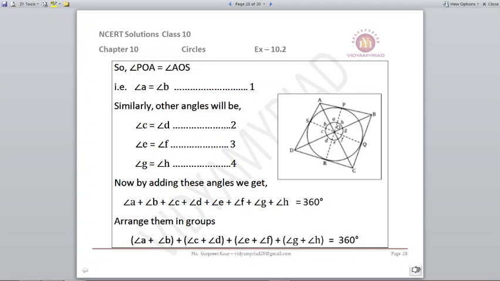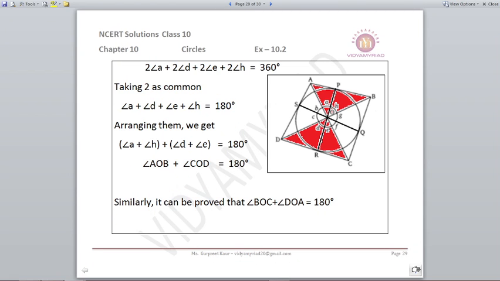Now we add all the equations together, and we know that the sum of the angles formed is 360 degrees. So A plus B plus C plus D plus E plus F plus G plus H will be equal to 360 degrees. We will make them into groups: A plus B, C plus D, E plus F and G plus H, all equal to 360 degrees. Since the angles are equal, we can say twice of A plus twice of D plus twice of E plus twice of H will be equal to 360 degrees, and we can then divide it by 2. So we get A plus D plus E plus H equal